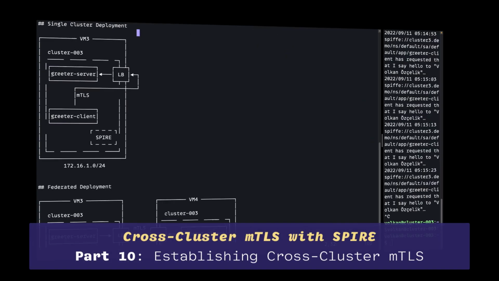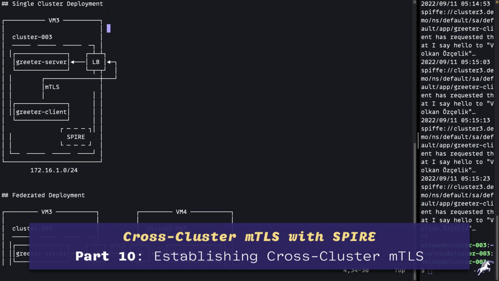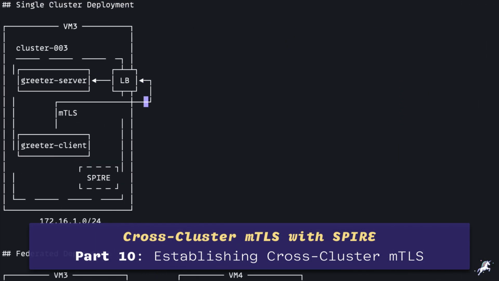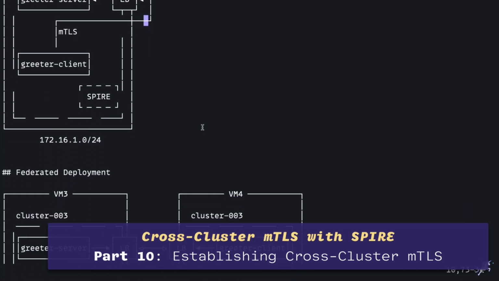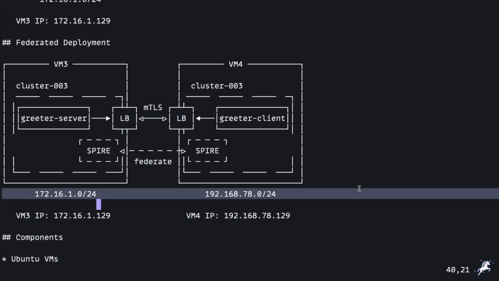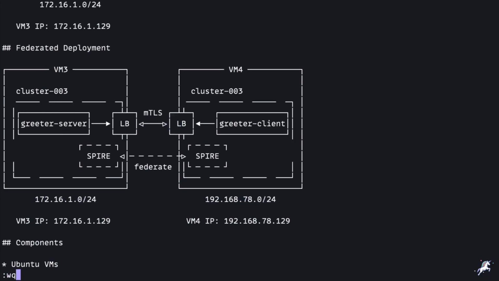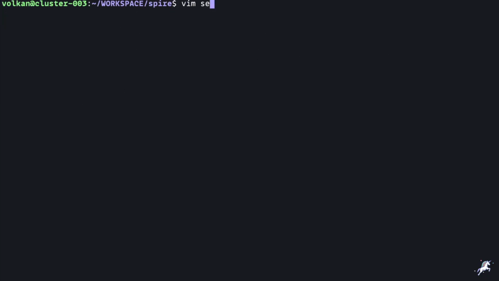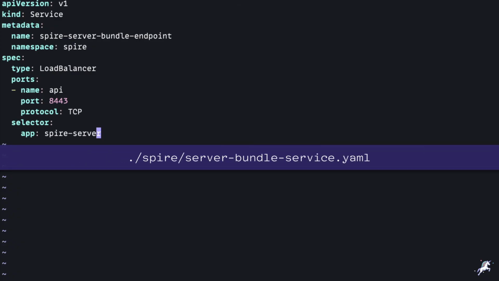So far, we have established a secure mTLS connection using SPIRE between workloads inside a single cluster. Now we want to move one of the workloads to a different cluster and still establish the secure mTLS connectivity with minimal to zero code changes in it. And for this, we will first need to create two bundle endpoints for each of these clusters to federate with